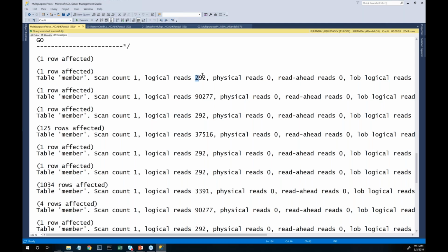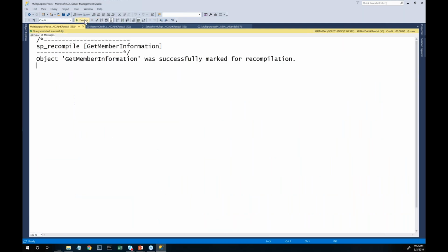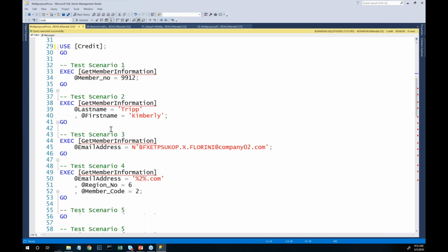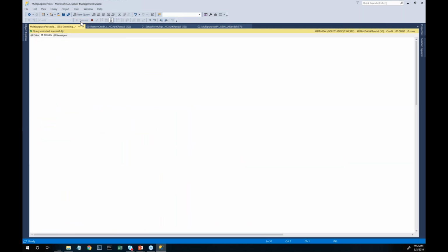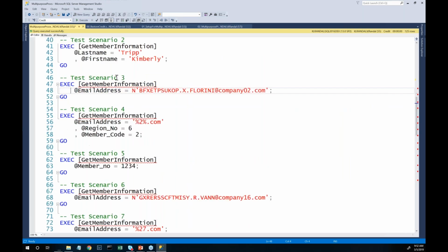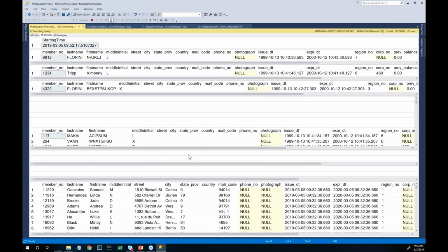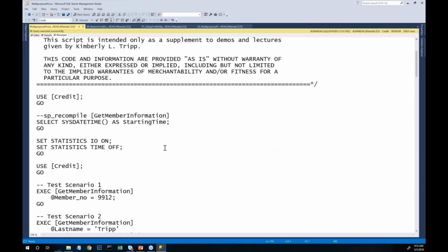So 292, 90,000, 292. I'm going to go back over here and I'm going to invalidate that plan, okay? Again, and now I'm going to pick a different scenario. Like let's pick scenario 4. We pick scenario 4 and then we'll come back and run the whole thing again. Okay, I happen to know that scenario 4 is kind of yucky. And I come back over here and I look